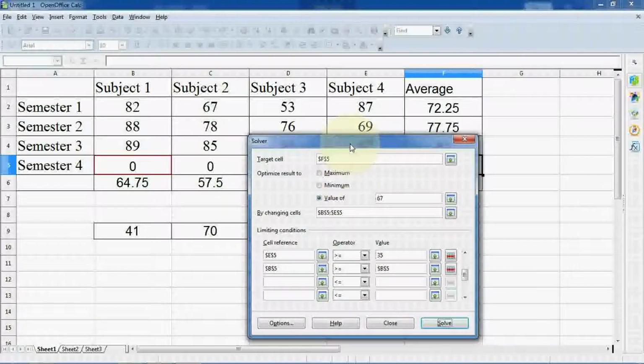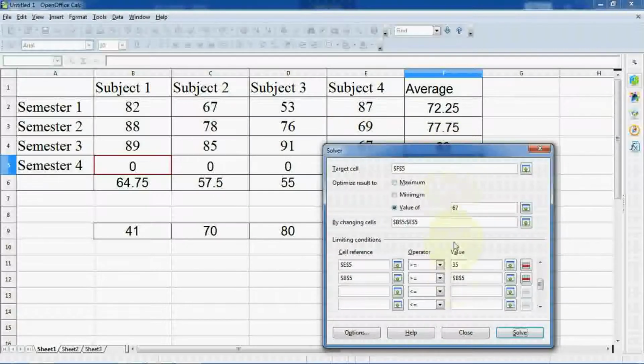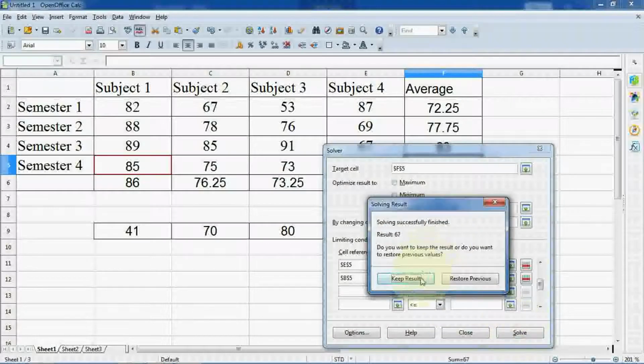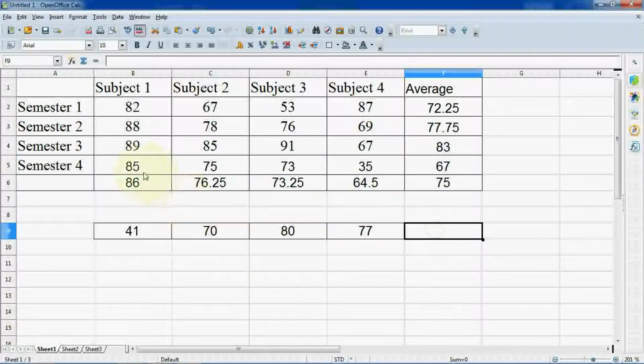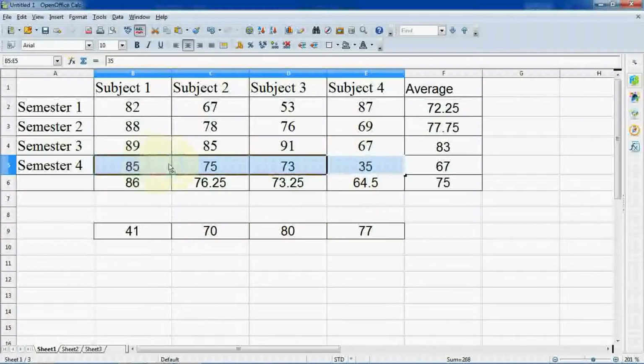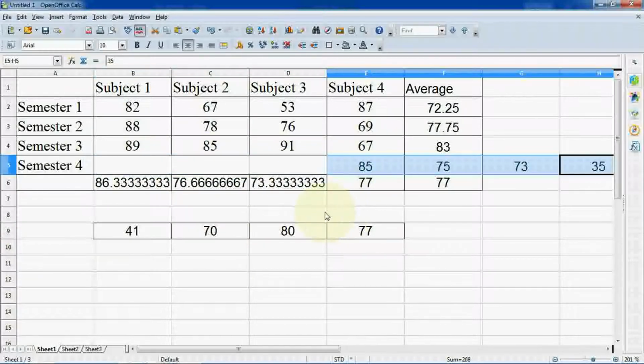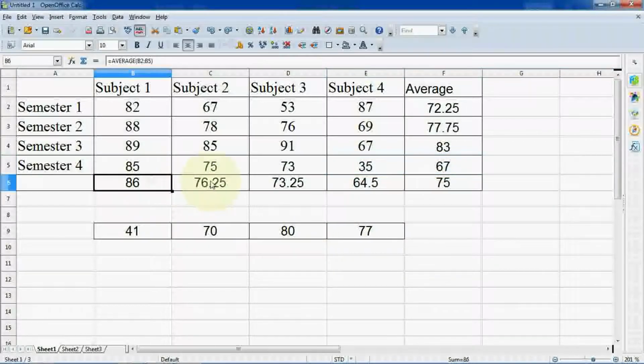So I hope you understood how to use Solver. So let me keep this result in this worksheet, and here you will get the exact values, what values should be required. I think the better option is to use Goal Seek only. In Goal Seek it will display the individual value. In Solver, what it is doing is calculating values for all, keeping some values in mind, and then showing the results. So there you are not getting the exact result, or we can say you are not getting the cumulative result, what result should be there for each subject. So accordingly you can perform the task. I hope you understood this concept.